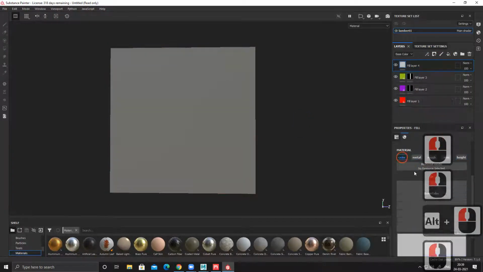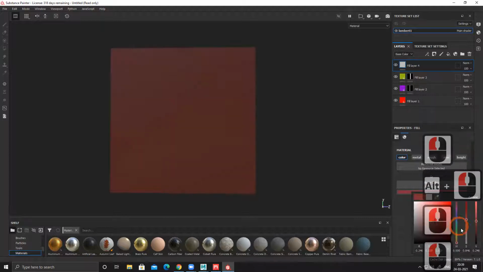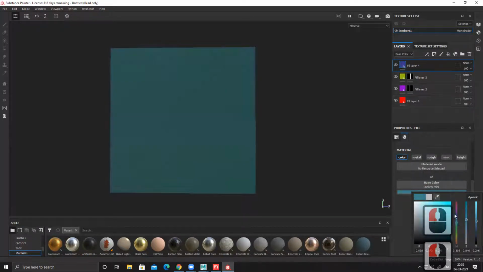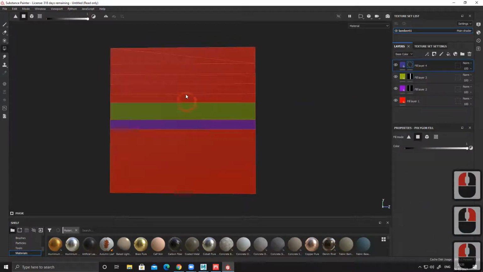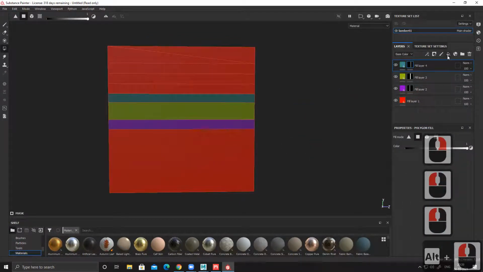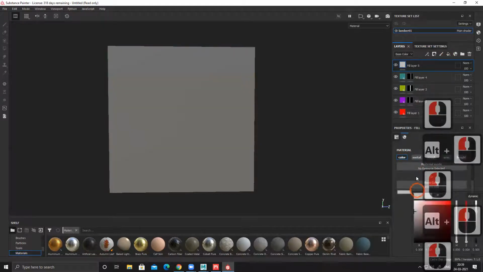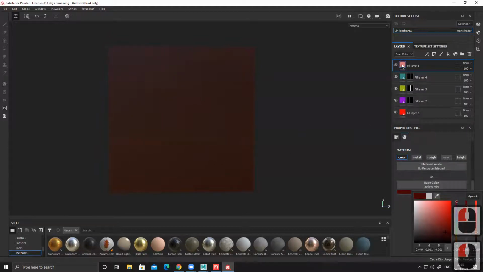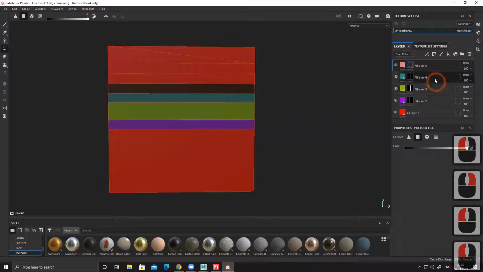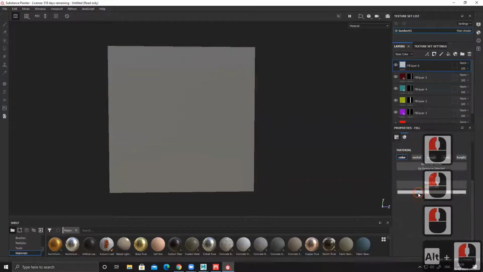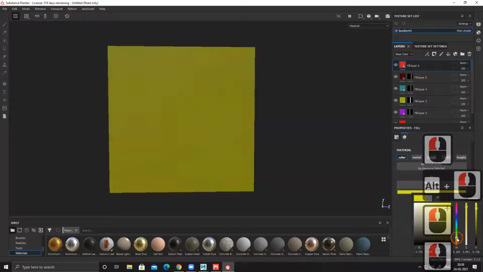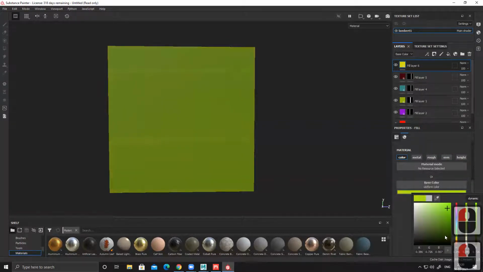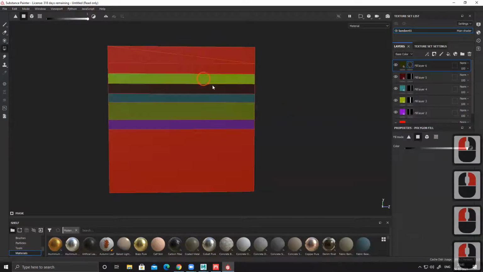One more color. The only thing I have to make sure is every color is different. Each and every color should be different. Otherwise, it will become difficult to create this texture. Something really dark red, black mask, this one. Only yellow, black.